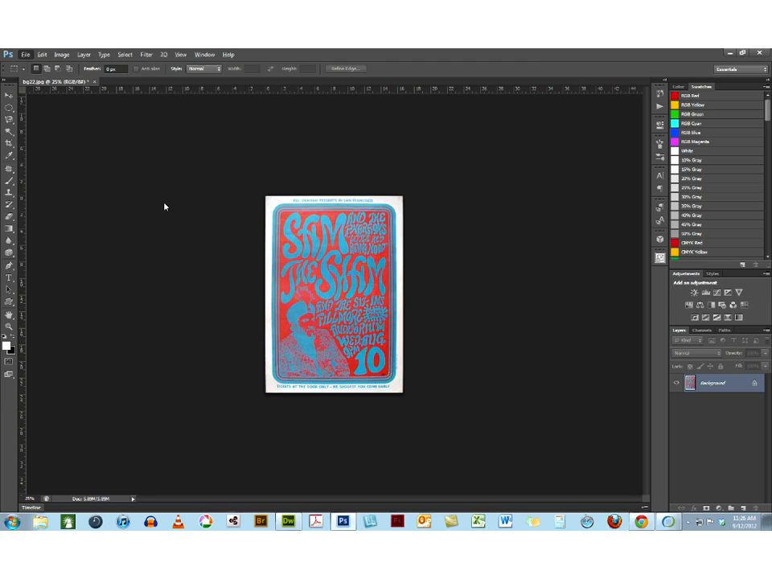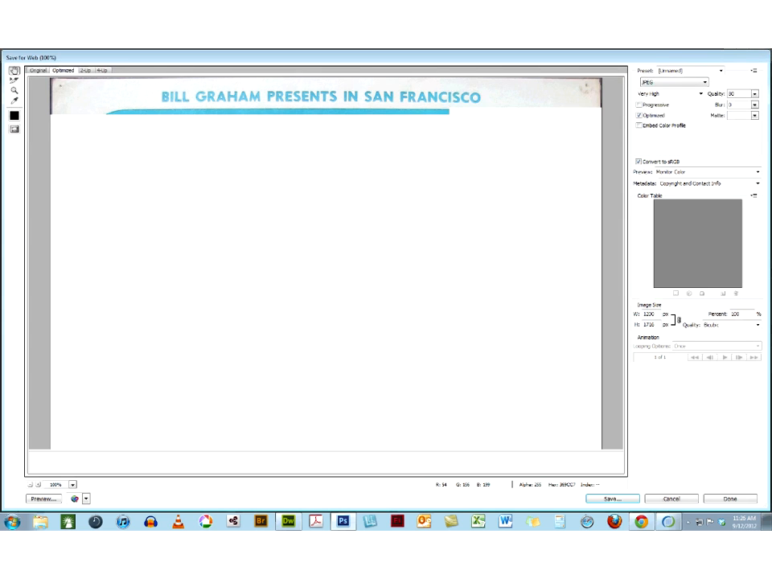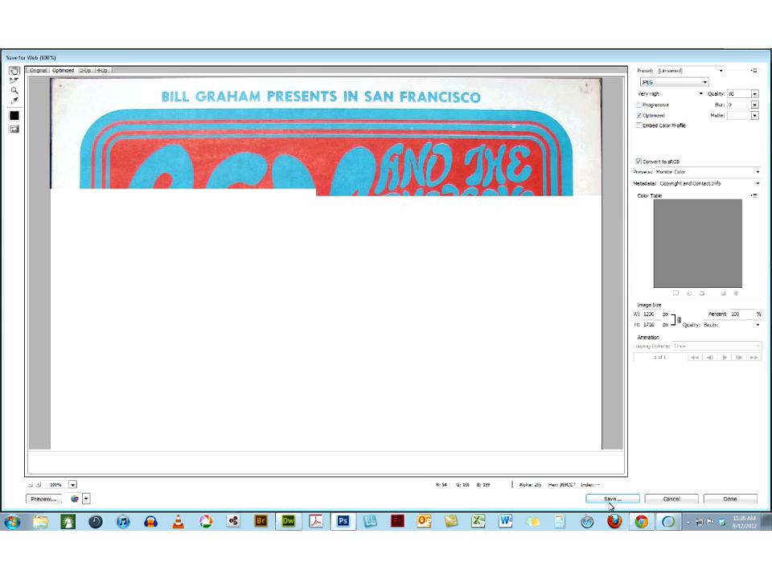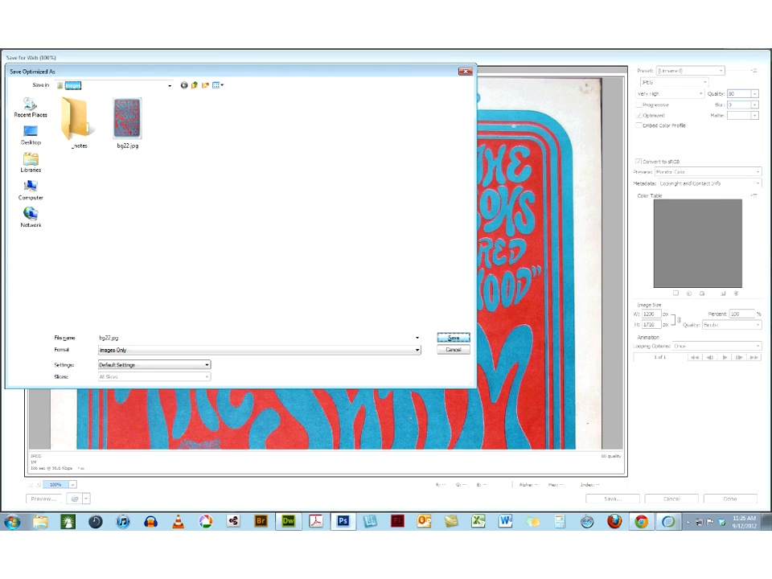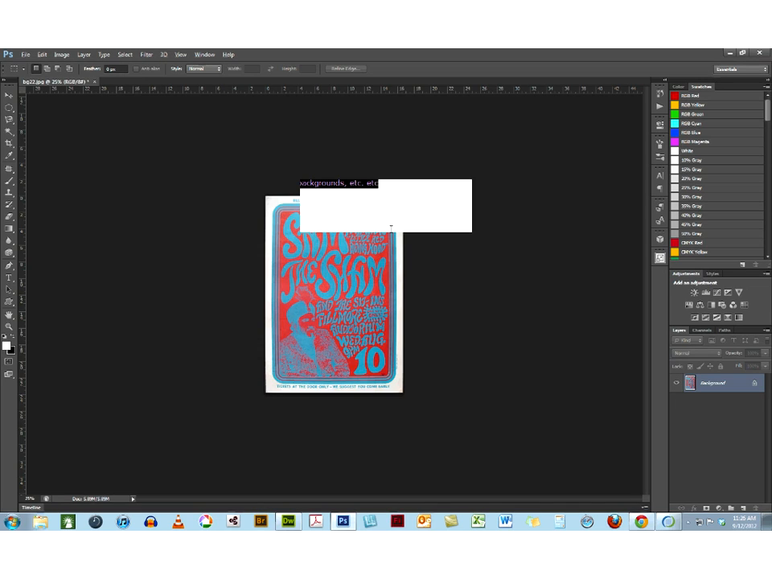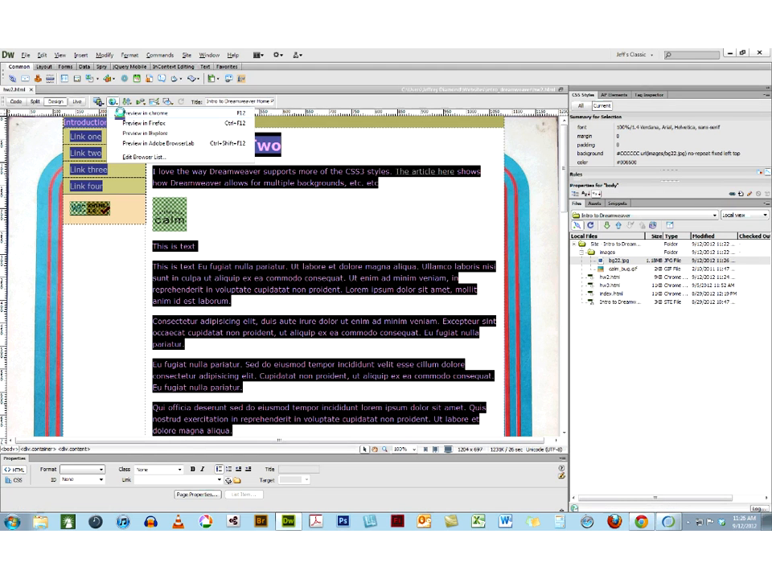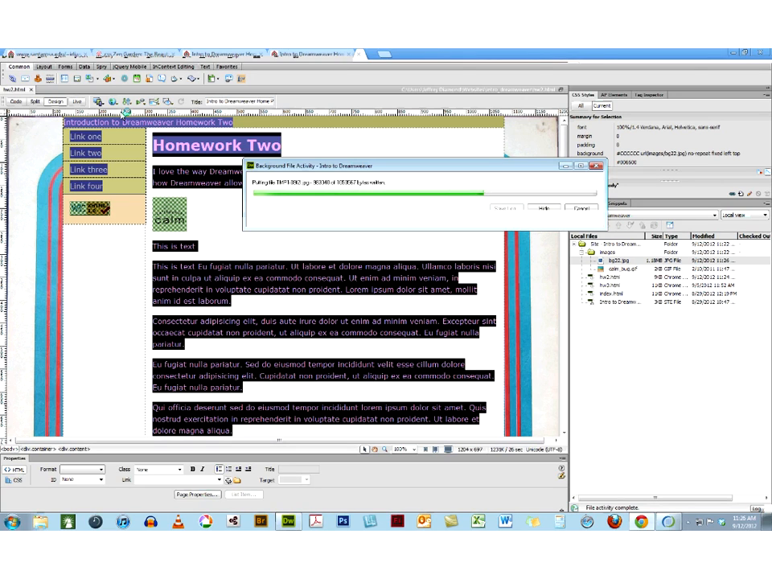I'm going to now say File, Save for Web, and I'm going to save it in that images folder as BG22 and replace the existing one. Now I can exit out of Photoshop and re-upload that image. And now when I preview this page again,